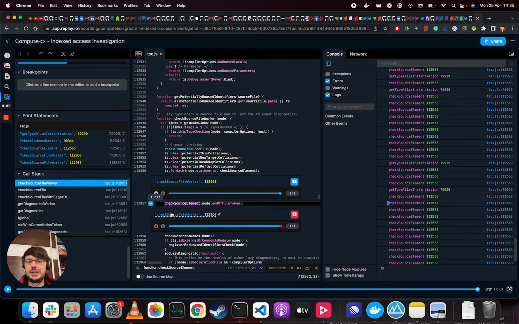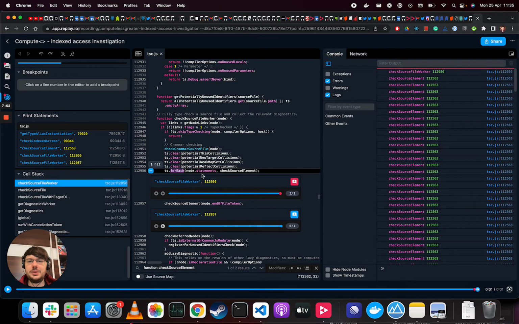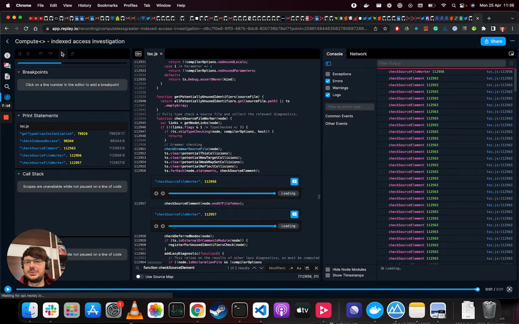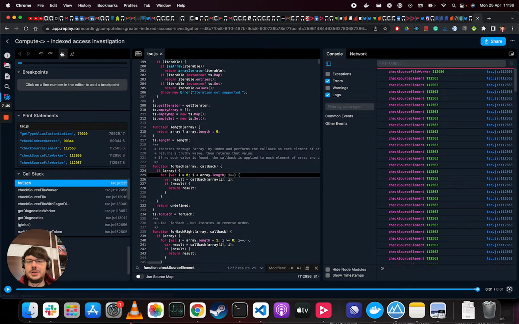So while being here, we can go back in time and inspect that these statements have 10 elements. Oh, it sounded a little bit slowish. Sorry. Yeah, so we can check here that it has 10 elements, and we are interested in the very last one. So right now it's a little bit tedious because I need to go to the very last one, but